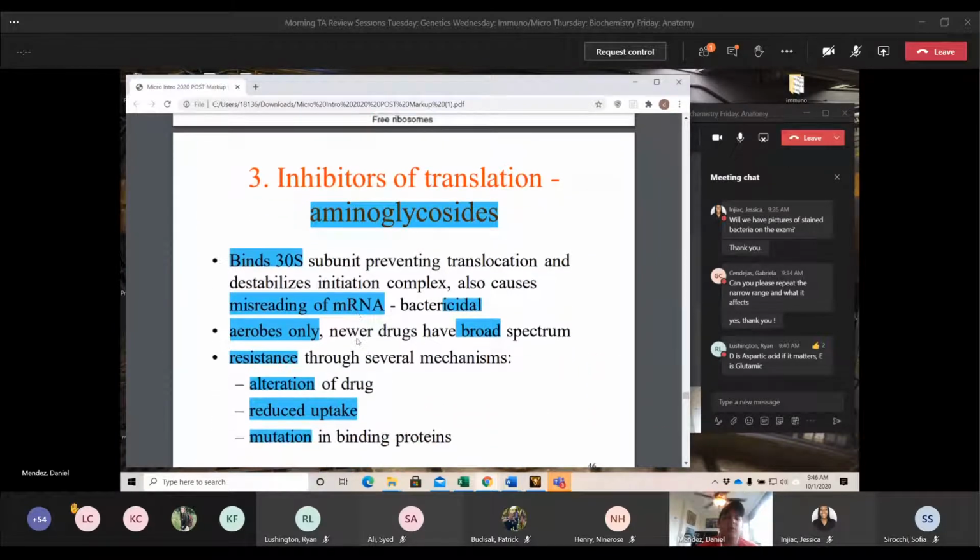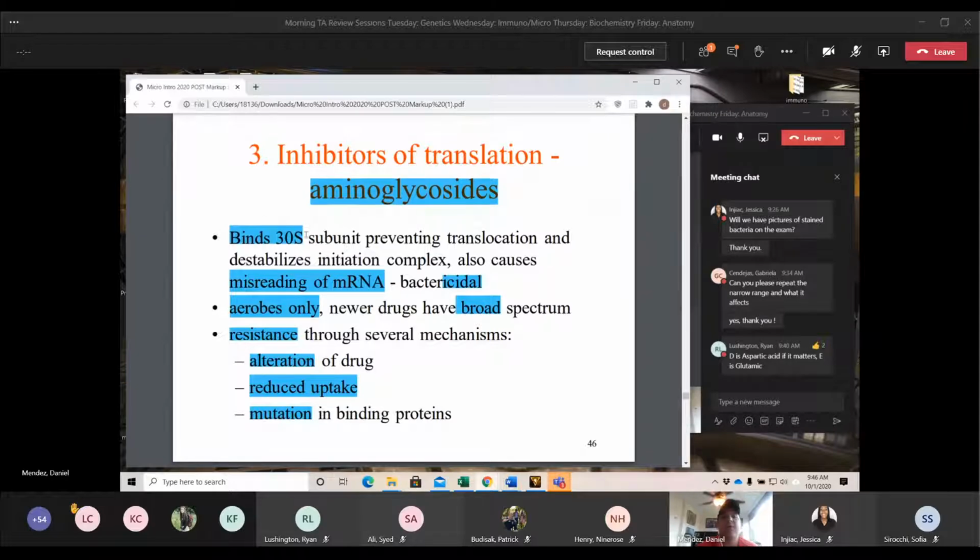So the very first one, aminoglycosides. Aminoglycosides bind to the 30S, the smaller subunit. By binding to that, it causes a misread of mRNA. We already have the mRNA made, but as we're going through, the mRNA is being misread. It's either causing destabilization of the complex, ruining the ribosome, or it's causing the bacteria to create improper proteins. By doing that, it will elicit a cidal response. This is why this one is cidal and rifampin is static. With rifampin, we're just not making mRNA, but here we have the mRNA and we're misreading it.